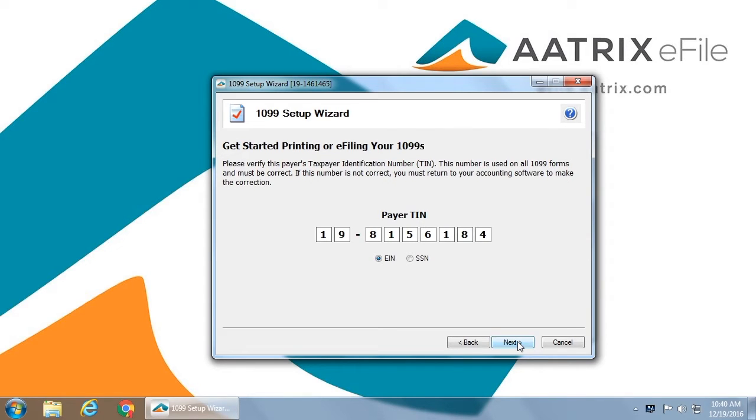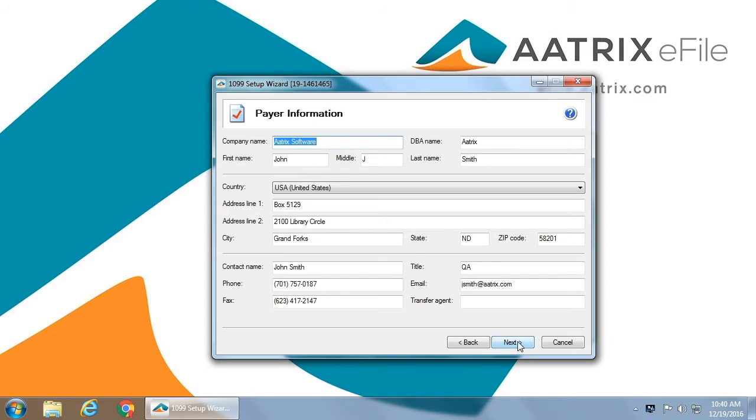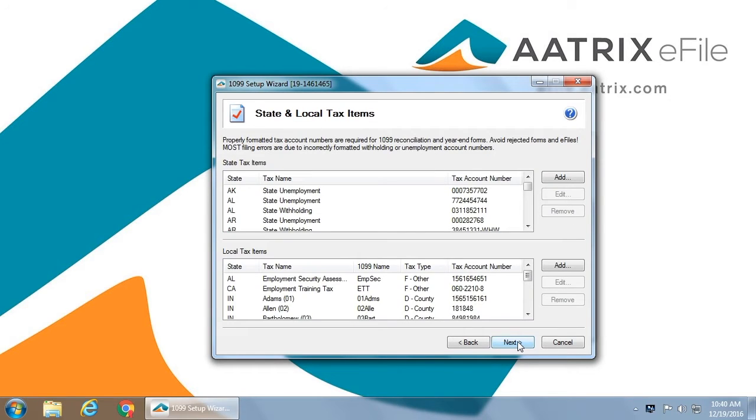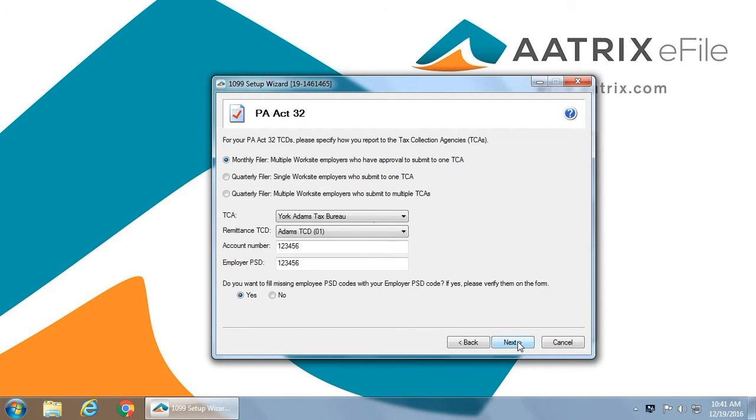You'll be asked to verify that the EIN you are filing for is correct. You'll be asked to verify your company information. This is the information that will appear on the paper forms that are delivered to your vendors. You must identify yourself as a third-party tax filer or that you're filing for your own company. You will then be able to verify all of your state ID numbers for the individuals that you are filing for. In the case of Pennsylvania Act 32, there's additional information needed: the TCA you wish to file for, and